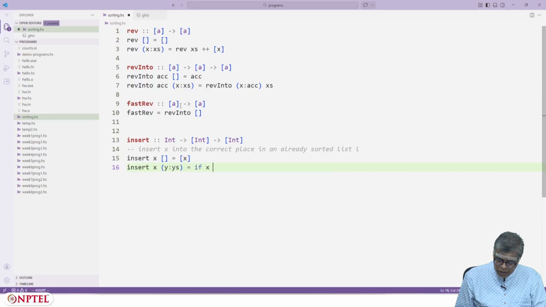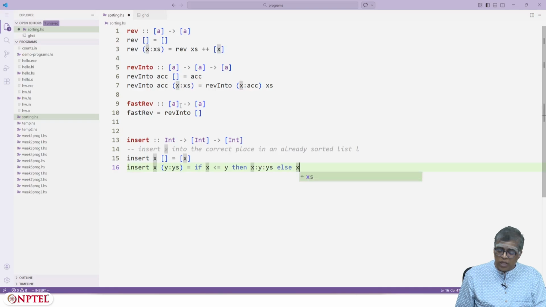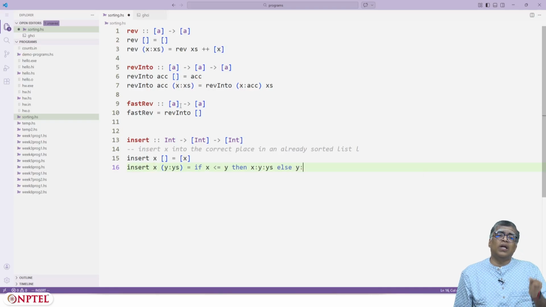If x is less than or equal to y, then you will just put x at the very beginning. So your list is x followed by y followed by ys. Else, it is y followed by, you will insert x in the correct place in ys. Okay, but y is already there, so it is y followed by insert of x ys.